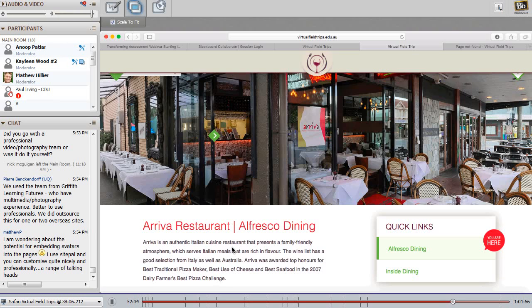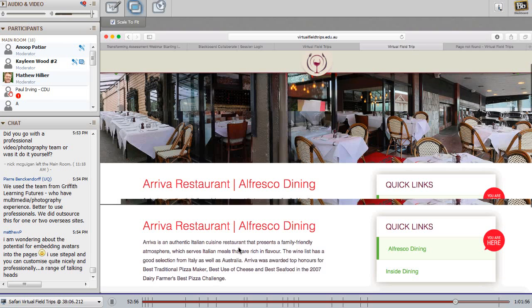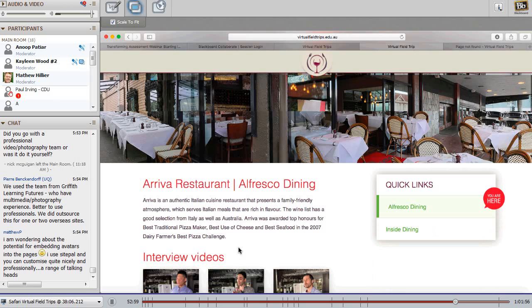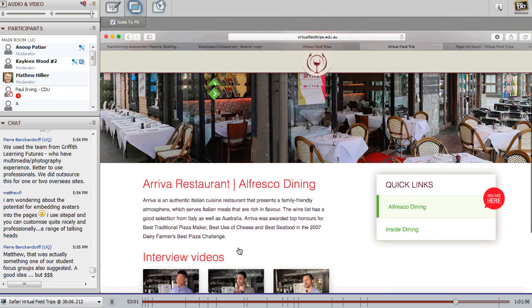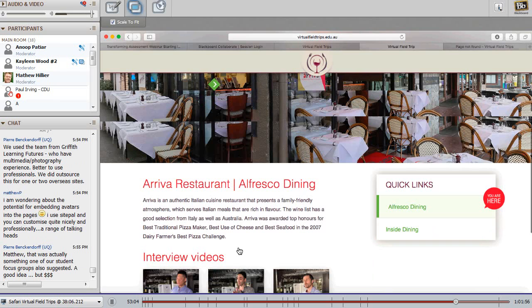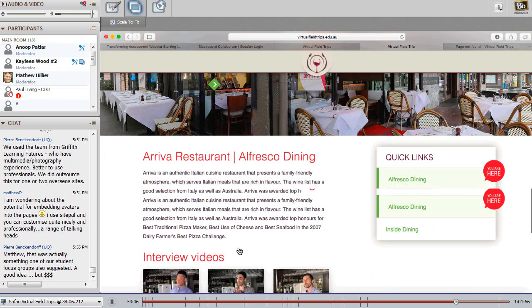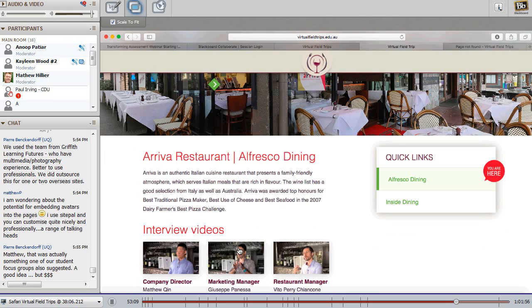And this one that I put on the screen now, Ariba, that one's quite a good story, isn't it? Yes, if I may just add that, when we were finding various partners to participate, we came across a Griffith graduate who left about 3 years ago, and he opened his own restaurant in Brisbane. And this is his restaurant, Ariba, an Italian restaurant, and apparently within 2 years of its opening, it has already won several awards for quality food and service.